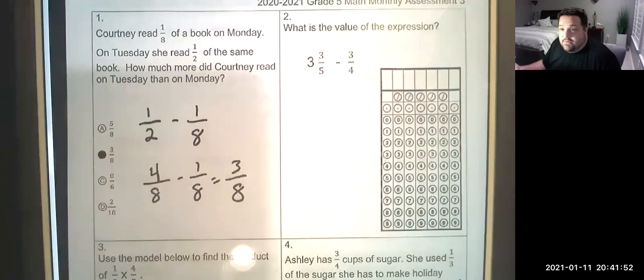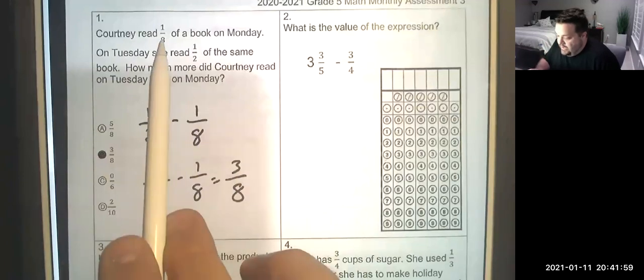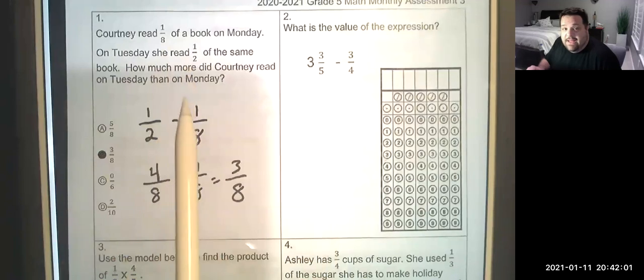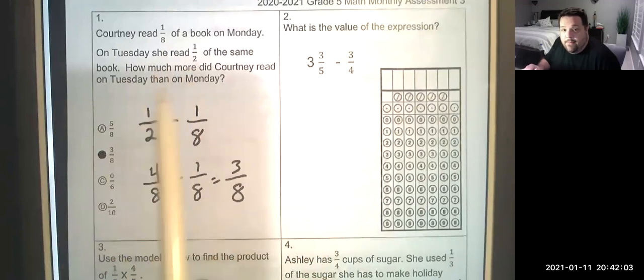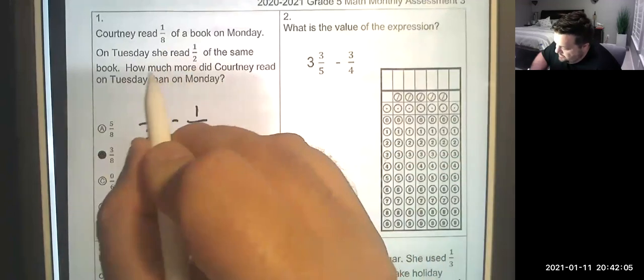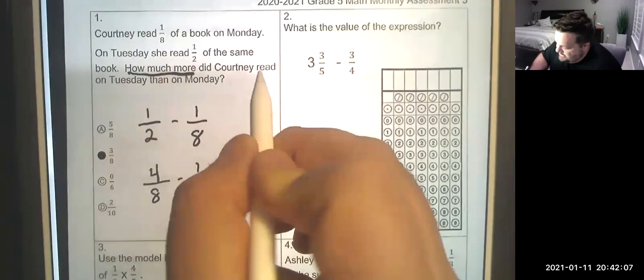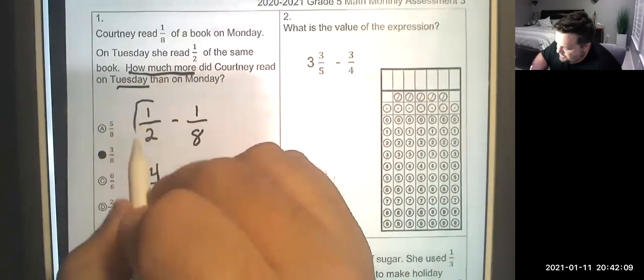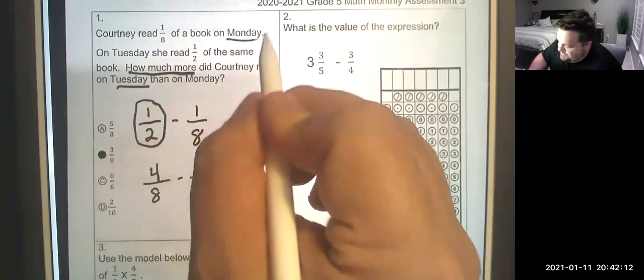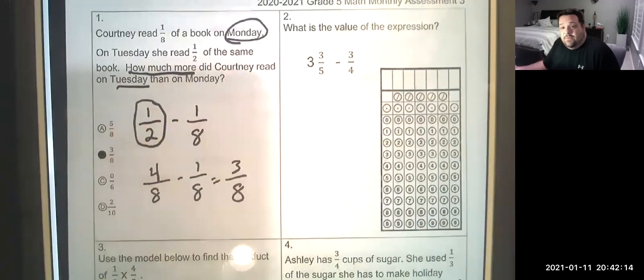Now, the tricky part, and we talk with you kids all the time, is to pay attention to what the question's asking you, right? Because a lot of you want to take the 1/8 and subtract 1/2. That's not what it said, right? It wants how much, and here are the key words, how much more did she read on Tuesday? That tells you to take Tuesday and subtract Monday from it. If they gave you different words, it would mean different things, right? Okay, number 2,